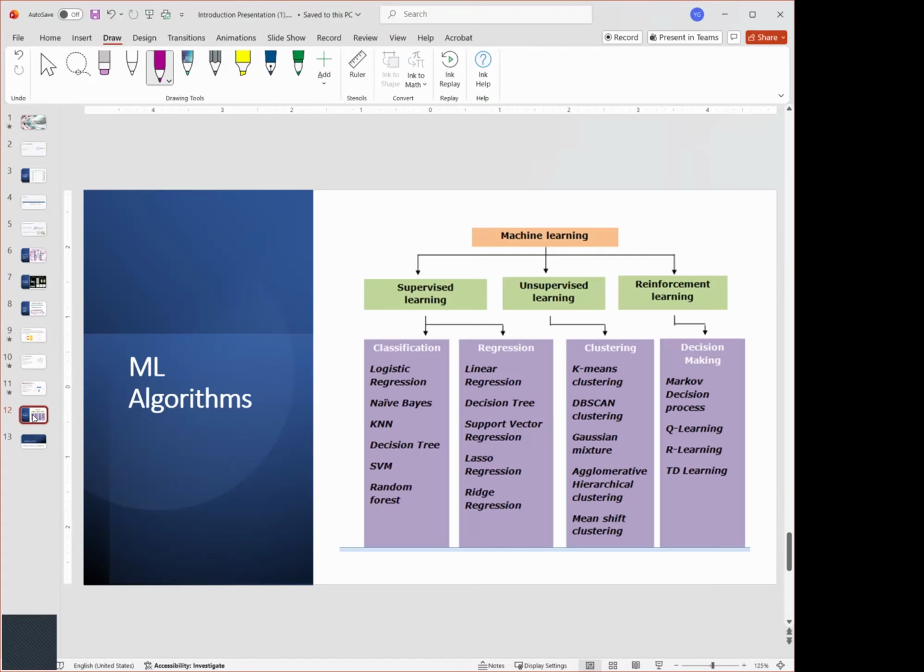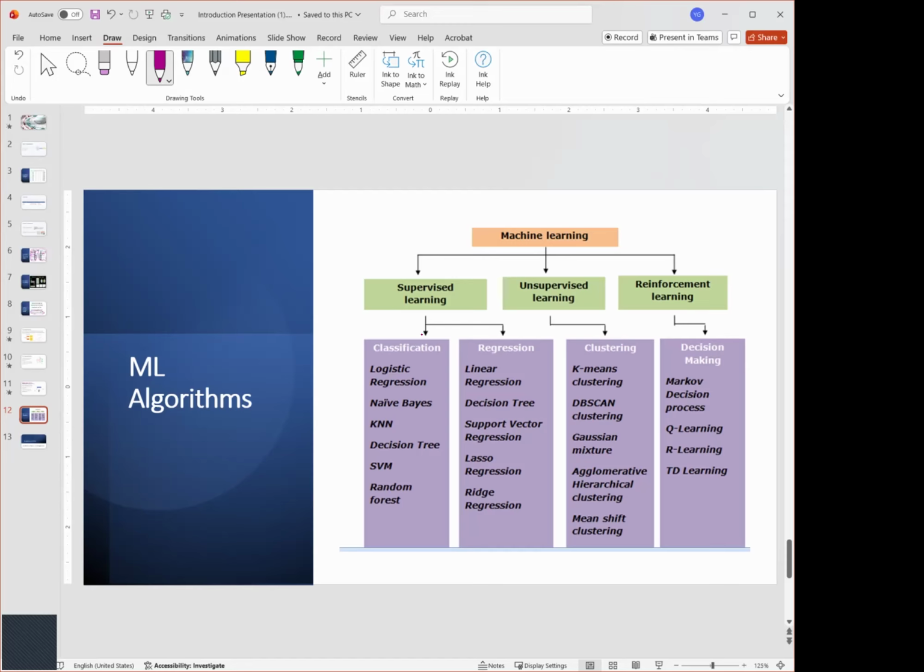Now, here are the different types of machine learning algorithms that we're going to be covering in this class. We're not going to cover all of them, but we're going to cover the main ones, the ones used most often. You've got supervised learning, unsupervised learning, and reinforcement learning. In this class, we're going to cover the bigger ones.